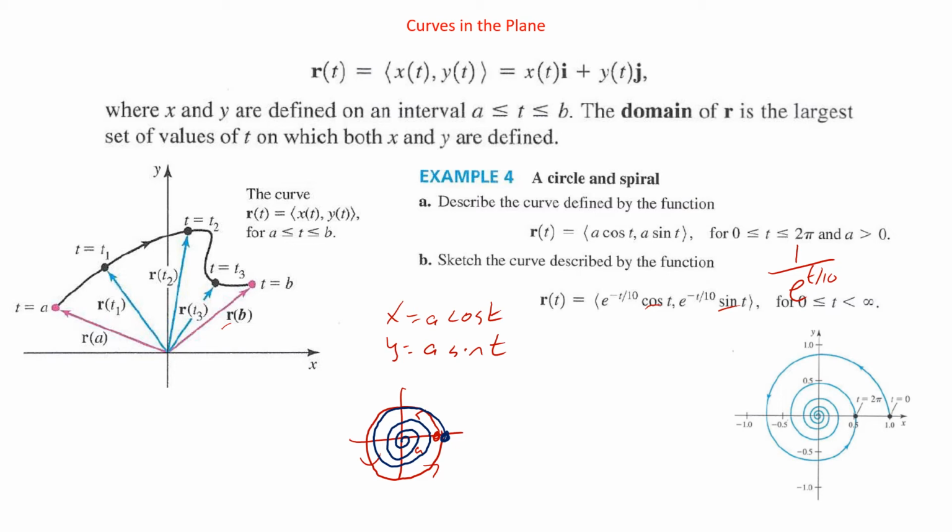But we can have curves defined by these vector valued functions as well. And so now that we have a curve defined, we can talk about limits and continuity. Now the fun thing about a limit is that it's one of those things where you can take the x component and the y component completely separately. If we have our vector, let's say the vector r is x of t comma y of t,